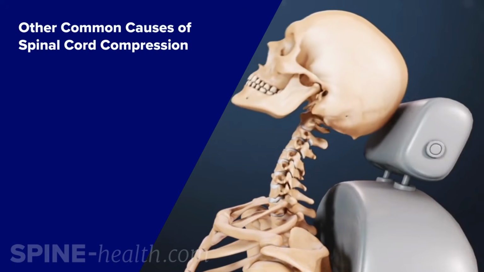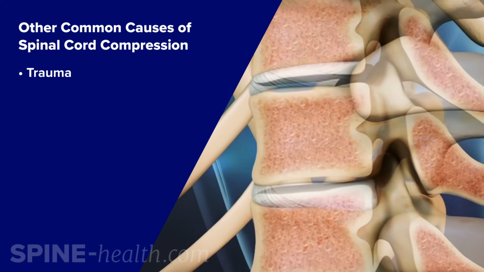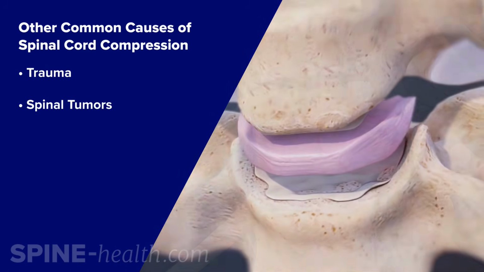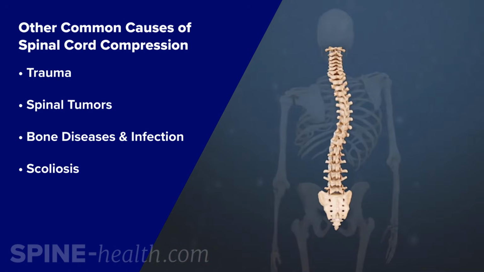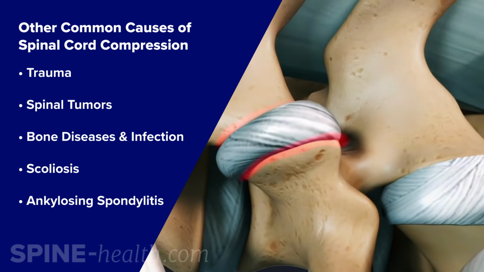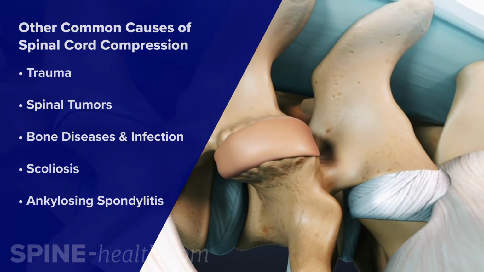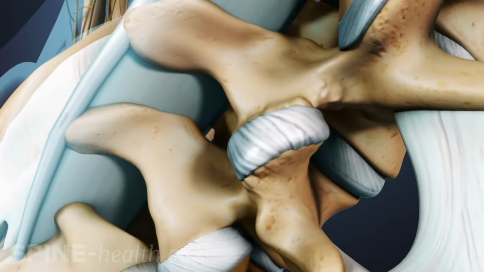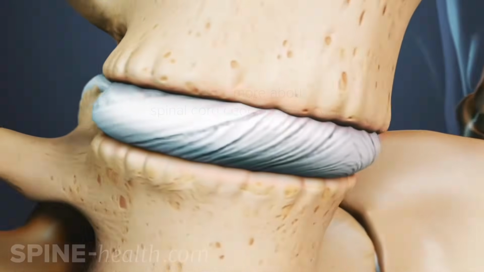In addition to these common causes, the spinal cord can become compressed from trauma, certain types of spinal tumors, bone diseases, infection, scoliosis or other types of spinal deformity, and ankylosing spondylitis and other types of inflammatory diseases that affect the spine. Prompt medical attention is advised because spinal cord compression can cause permanent damage,